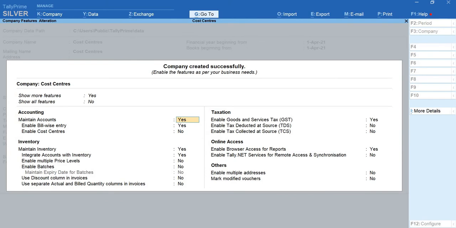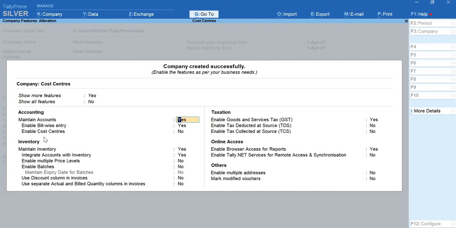As discussed, we are going to learn about cost centers and category. So in the configuration screen, I have to enable the cost centers. So now here on the left hand side relating to accounting, I have the 3 different configurations. Out of that, one of that is enable cost centers. So I have to enable it. Only then I can use all these features in my Tally.